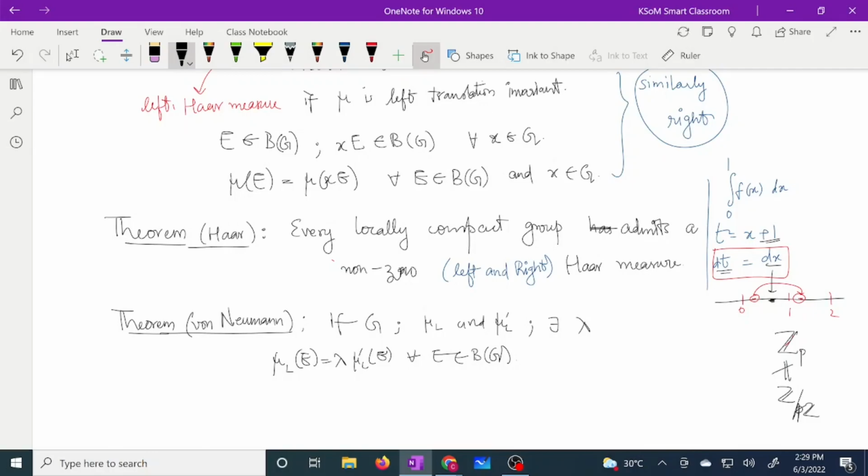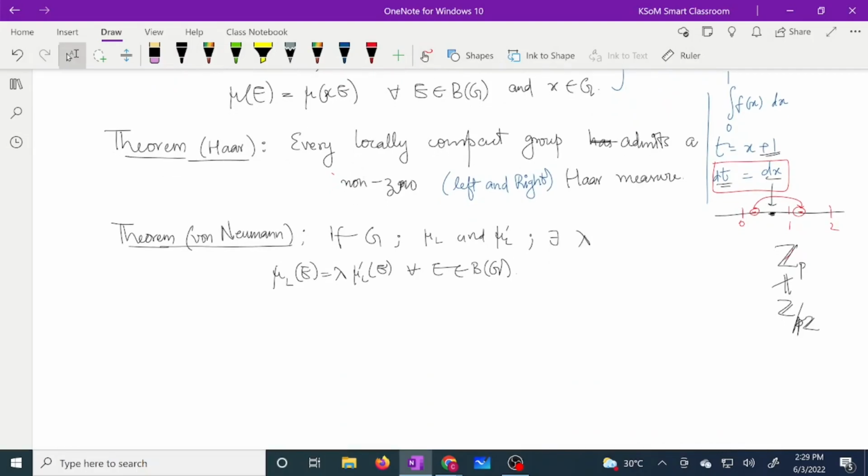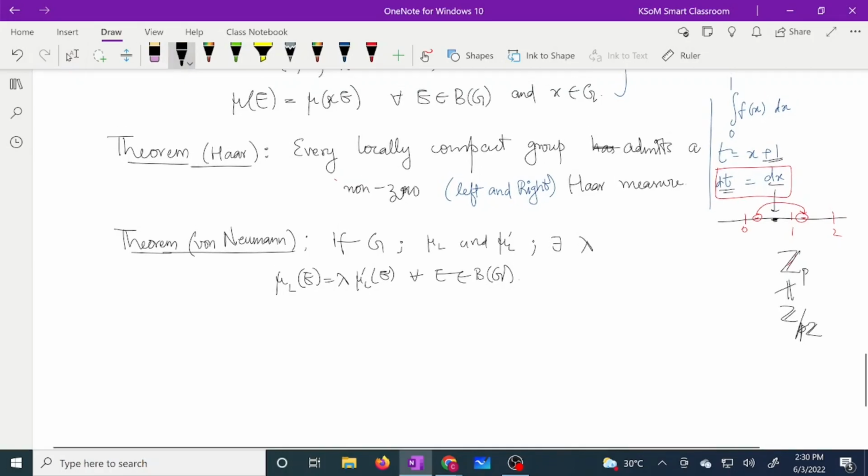And one important fact I forgot to mention is that G admits a non-zero left and right Haar measure. The measure of every set going to 0, that is a measure, and that is the trivial measure. But here it is saying there exists a non-trivial measure with all the required properties. Right, so let's call this theorem 1